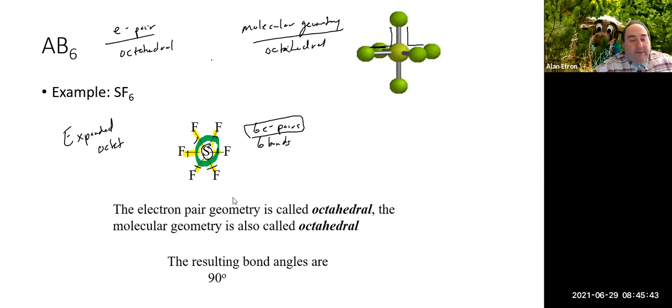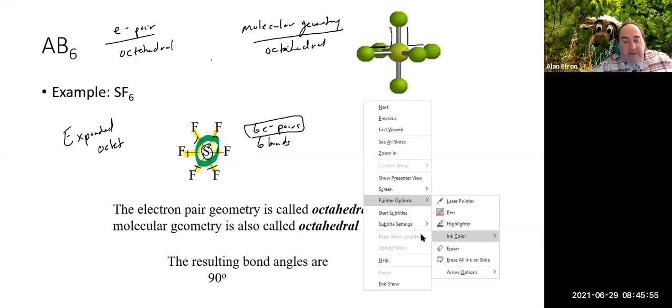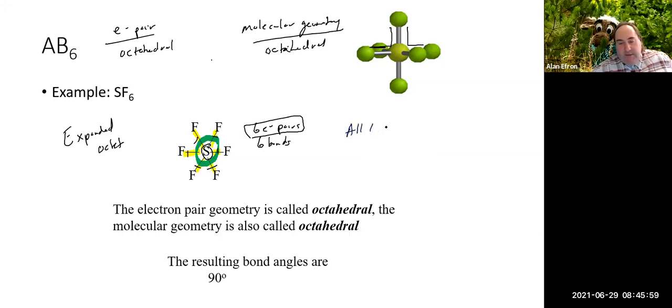So when you draw your Lewis structure and what you have drawn around the central atom is all bonding electrons, which means no dots,